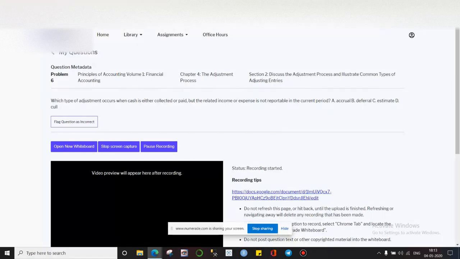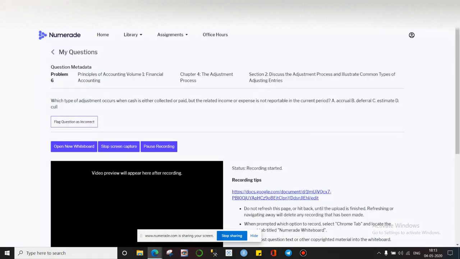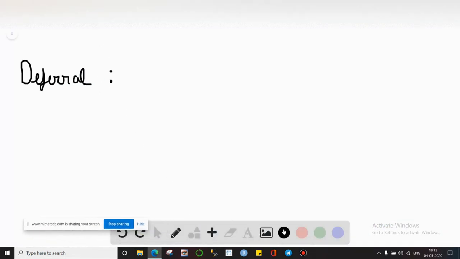So let's understand the current solution. Okay. So we will understand the deferral concept. Now what is the deferral concept? We will understand. Okay. It is the concept